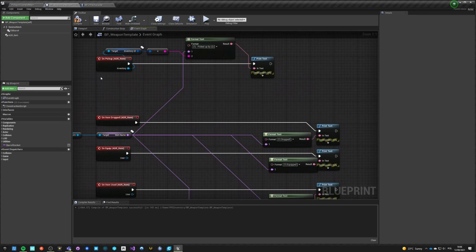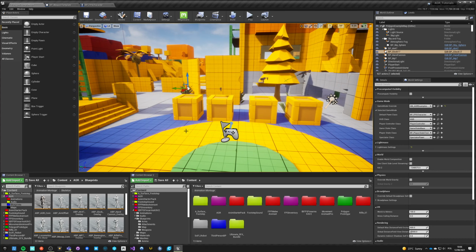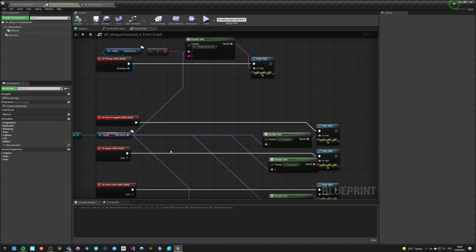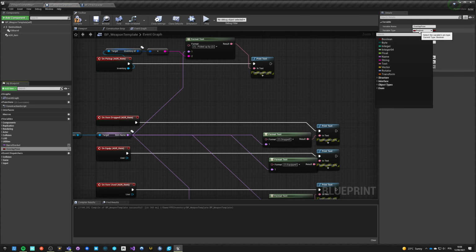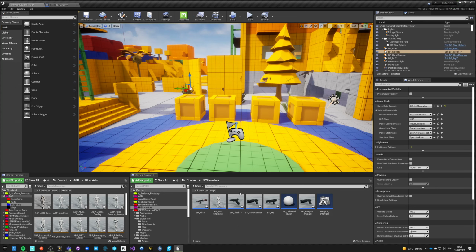Like this doesn't really serve any purpose. So we can equip, unequip, but nothing is happening, right? So what we need now is for our template weapon to have one more variable saying overlay pose, and this is a gameplay tag, and by default it's nothing. So now we need to go into all our 4 weapons,